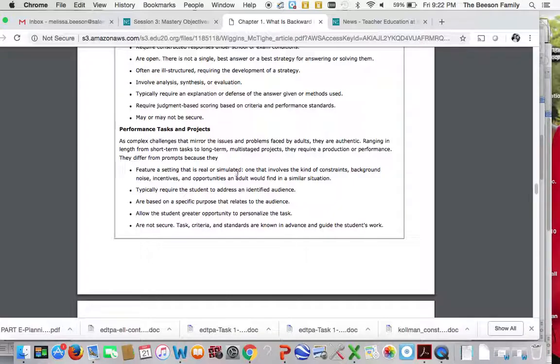A real setting or a simulated setting. A lot of times performance tasks are similar to problem-based learning, and in that instance, that's where you might present a problem to the students and then they have to solve it, and by solving it they are learning throughout the unit and able to give solutions. So for example, when I taught 5th grade, we were doing a unit on geometry, and I can't